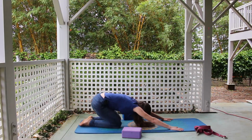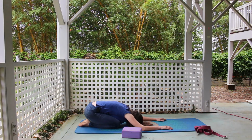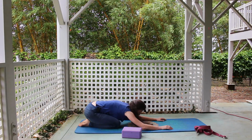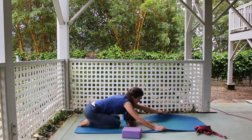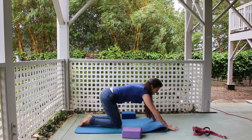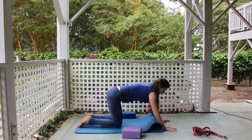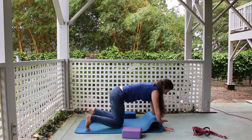Come into child's pose again, but this time just for a moment. Exhale, because now it's time to come up into downward facing dog. If you have a cushy mat, I like to fold it so my hands are not pressing down in the cushiness, or sometimes I'll hold the side of the mat. Today I'm going to put my hands on the ground, spread your fingers,